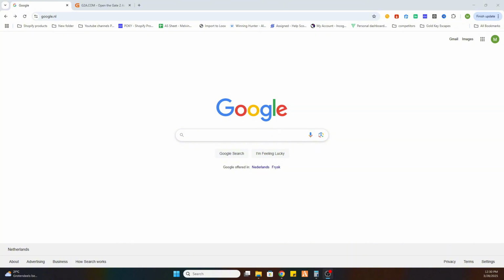PC safe. So for the first step we need to open our Google browser, and before we start I would